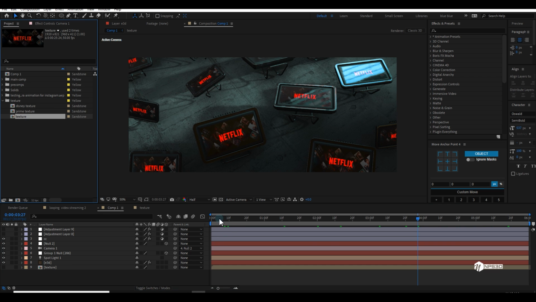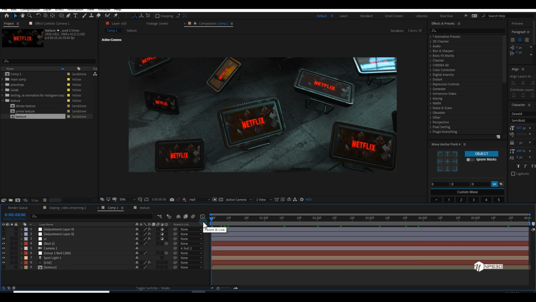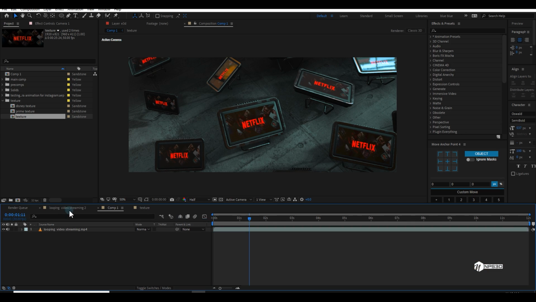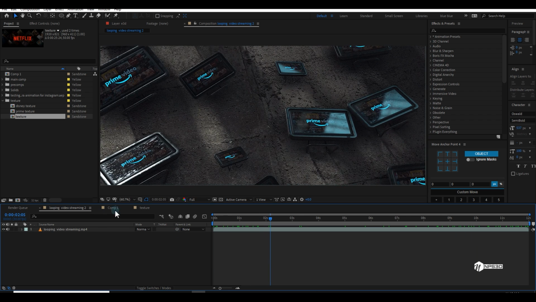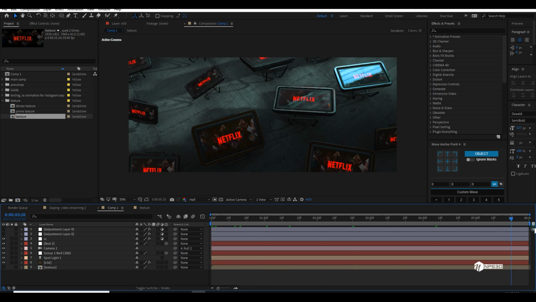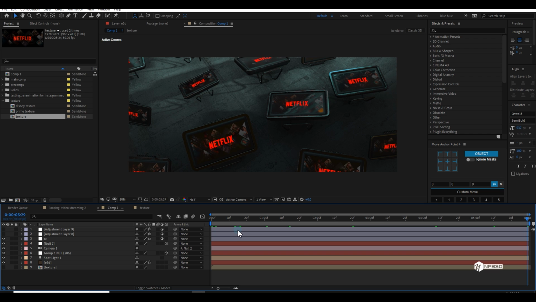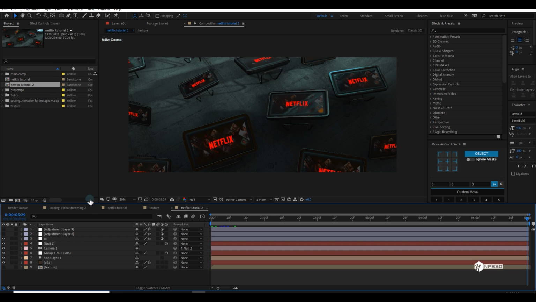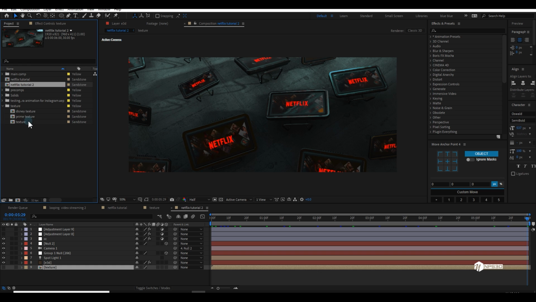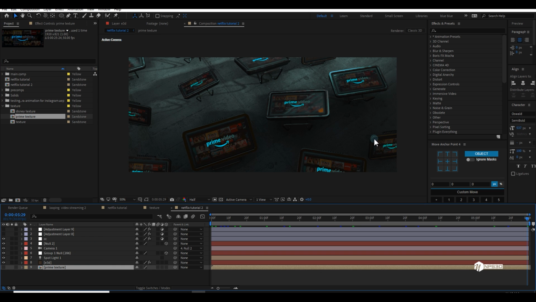What I did next, watch and listen carefully what I did to create these three different types of look with one camera angle. Right now you can see this is 6 seconds. In case you can make it 10 seconds, 12 seconds, whatever you want. Then the only thing which you have to do is make it Netflix tutorial, then duplicate it and come over here and go to the textures and use the prime textures, replace it,